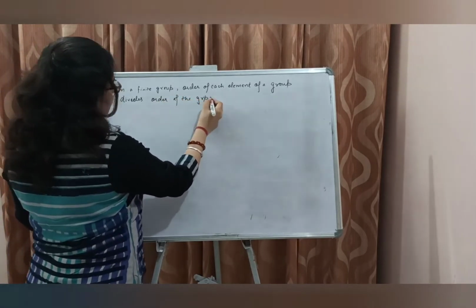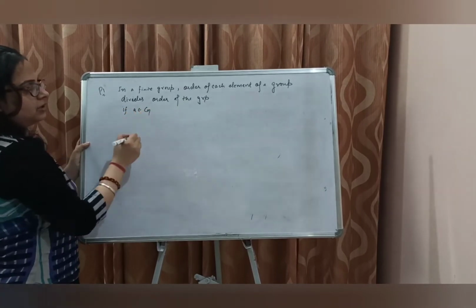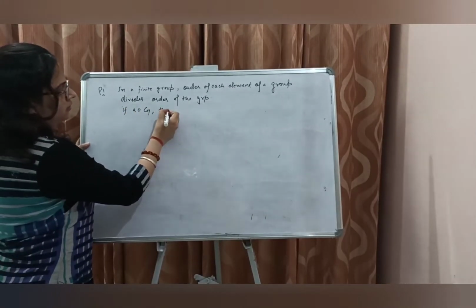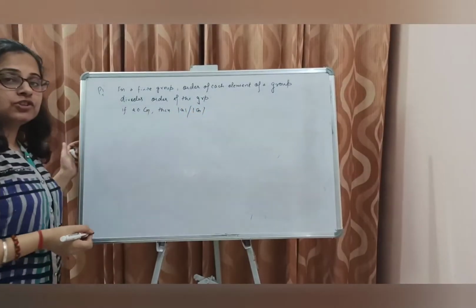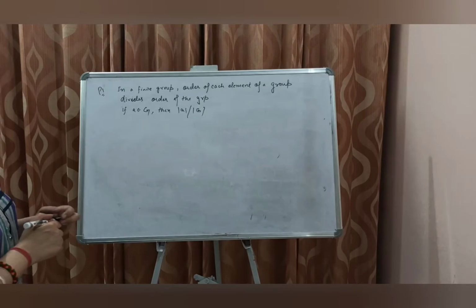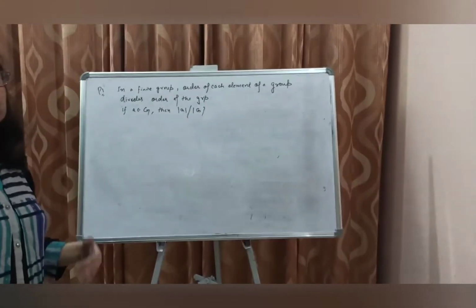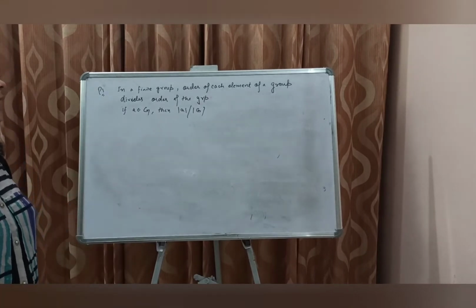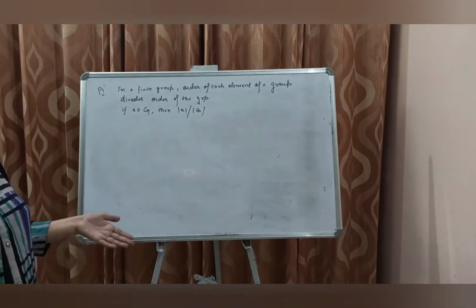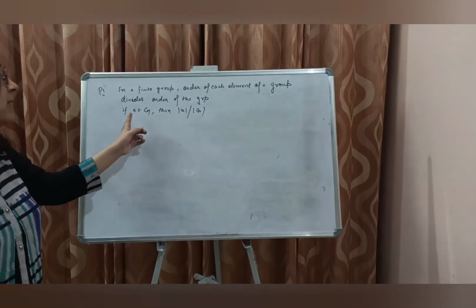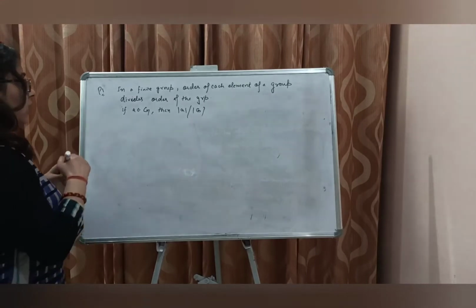Now this property clearly says that if A is an element of G, then the order of A divides the order of G, provided that G is a finite group. We talk about order, either it's an infinite order, but we generally talk about orders when it is finite. In a finite group, the order of each element of a group divides the order of the group. So it says that if A is an element of the group, then the order of A will divide the order of G.